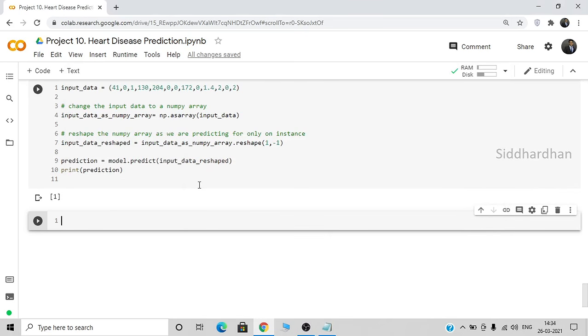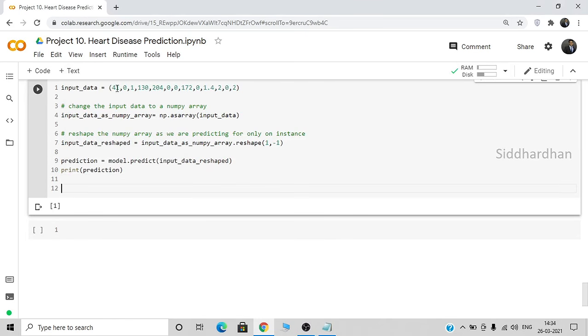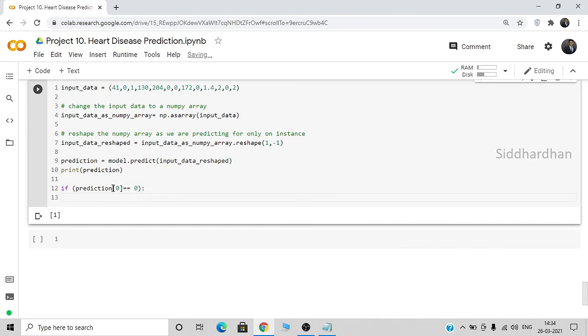Okay, so this is how you can predict for new values by just giving the feature but not telling the target. I'll also make an if condition here. So let's make this if statement. If the prediction, so if you can see here, this is printed in a list format. So we need to mention that if prediction 0 is equal to 0, in that case we need to print the person